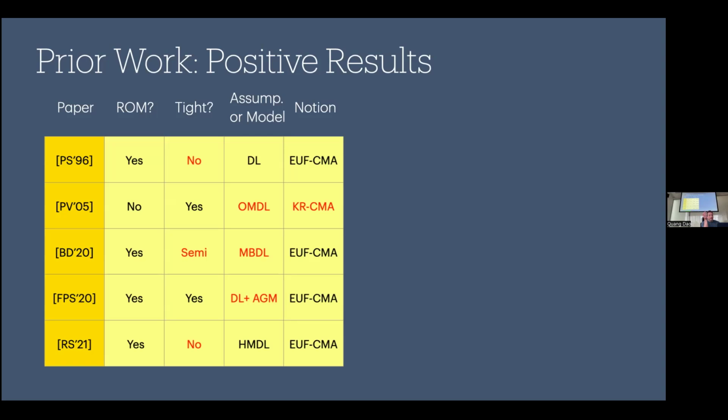But in the context of our work, that's an overkill, right? We just want to use the normal ROM. Actually, sorry, this is all using, okay, so it should say: use the ROM and AGM, both, and you get a tight reduction. And then there is the nice work of